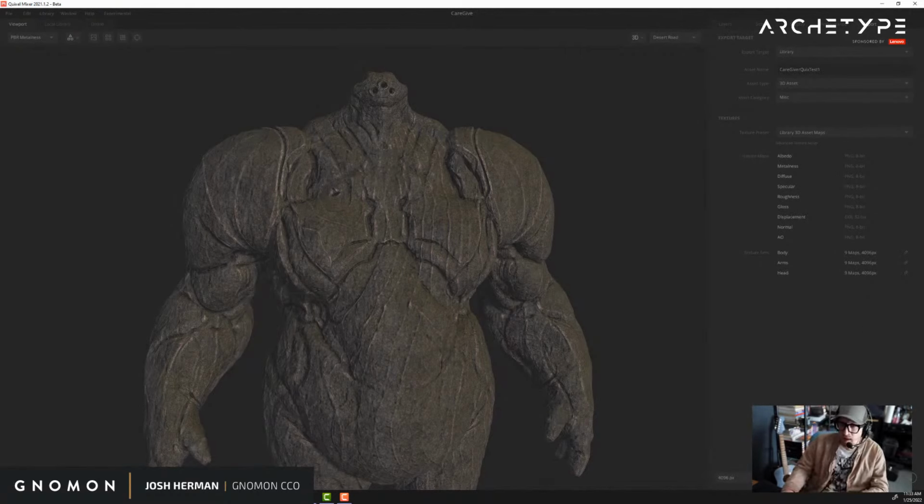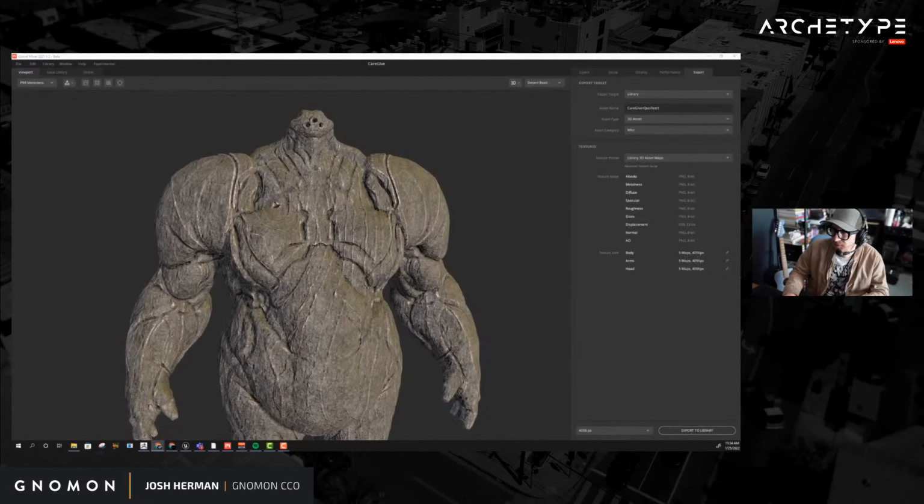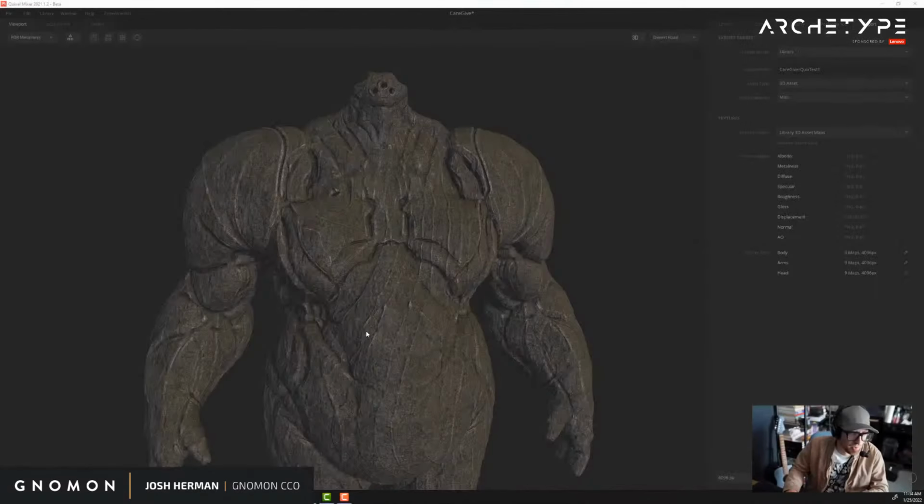But now it's going to run through on the bottom left here, which you can't actually see because of the overlay. But it's here. It's going through and it's generating, exporting all these maps. So it's exporting 3 of these maps that are all going to be in 4K, and it should be, if we cross our fingers, in our Quixel Bridge here in just a little bit. So it's probably going to take a minute or two. While it's doing that,